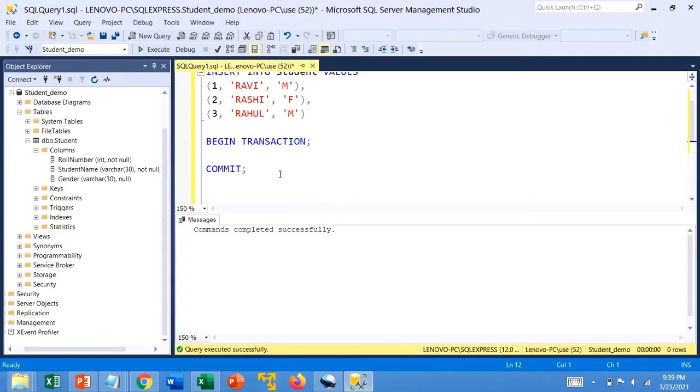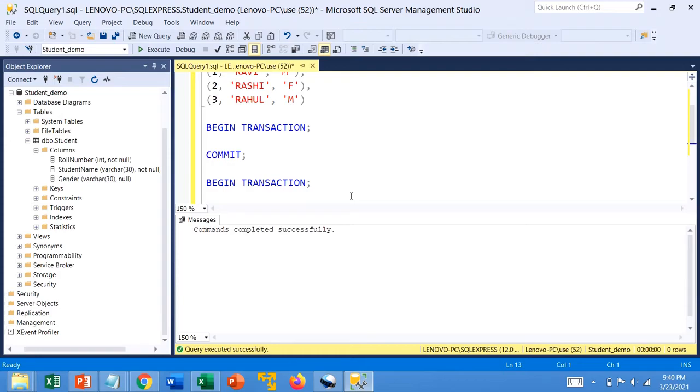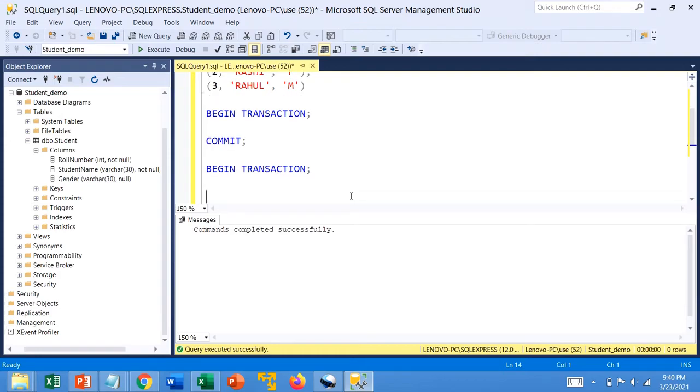Now we will again say begin transaction and we will try to delete record number 3.